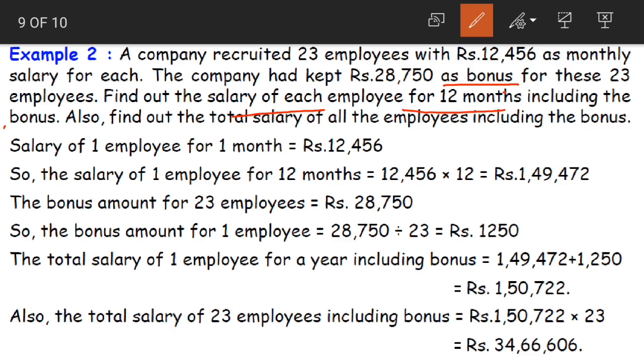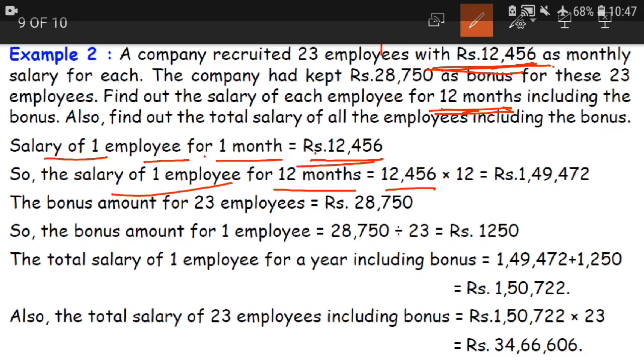Yes, first what is given? Coming to the solution, first information is given as 12,456. What is this? This is the salary of one employee for 1 month. Now what do we need to find out? We need to find out the salary for 12 months. How will we do that, children? Yes, multiplication. So the salary of one employee for 12 months is equal to rupees